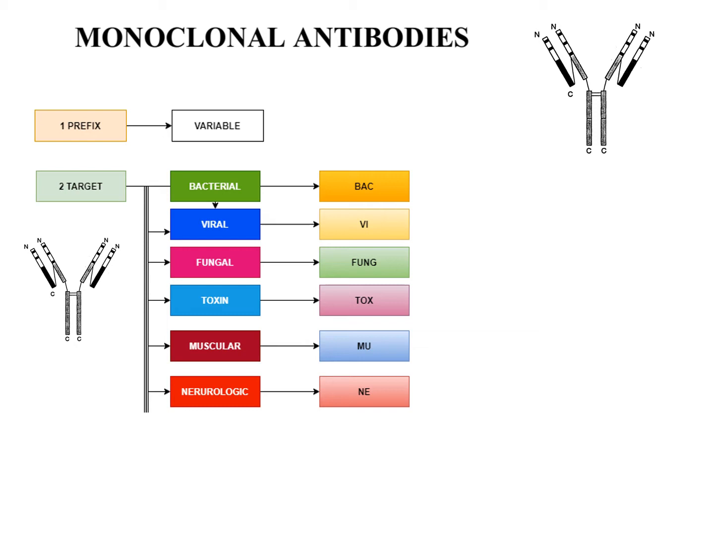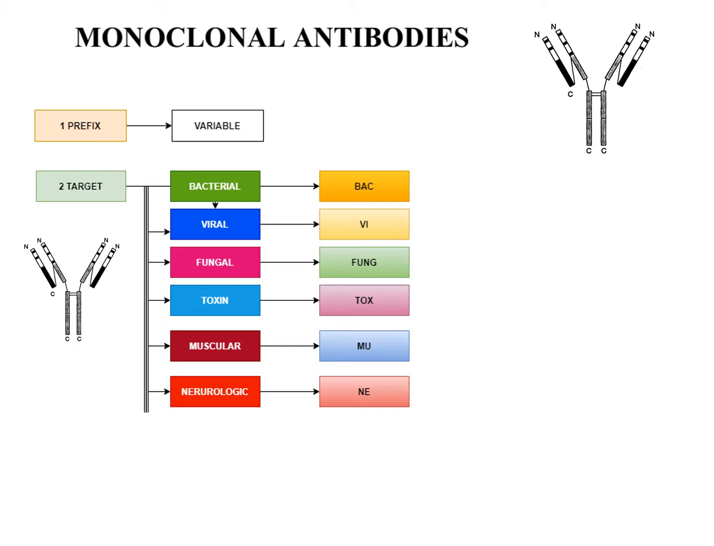So it may target a bacterial cell or a viral cell or a fungal cell, or it may be given as an antidote for a toxin of a bacteria. It may be given for muscular treatments, or for neurological treatments. For bacterial infections, the monoclonal antibody nomenclature will have BAC in its name, VI for viral, FUNG for fungal infections, TOX for the monoclonal antibodies given as antitoxins, MU